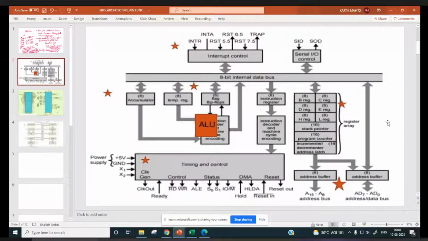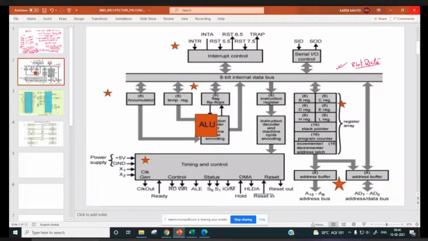Say 8085 is an 8-bit processor. Why is it 8-bit? Because it can handle 8-bit data at a time. Its internal data bus is of 8-bit length. 8 wires are there.